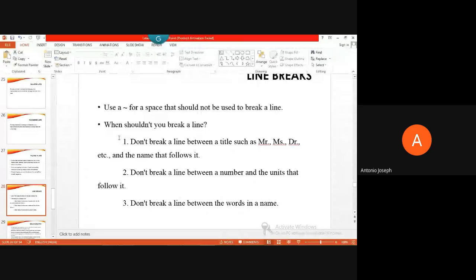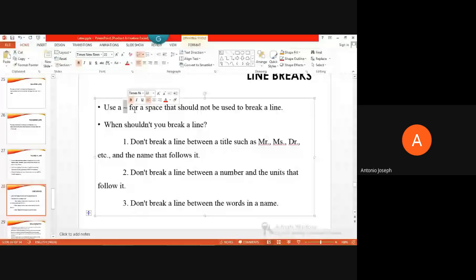So what we used to do is that we will be using a tilde symbol. This tilde symbol will be used in between these words where we don't wish to break a line. So that means the entire phrase will be occurring in a single line itself. So that's one case. And the next case will be in the case of units, if you are mentioning.